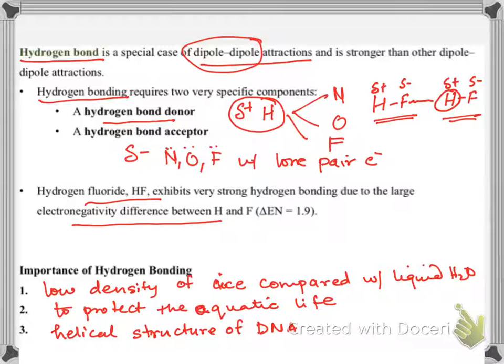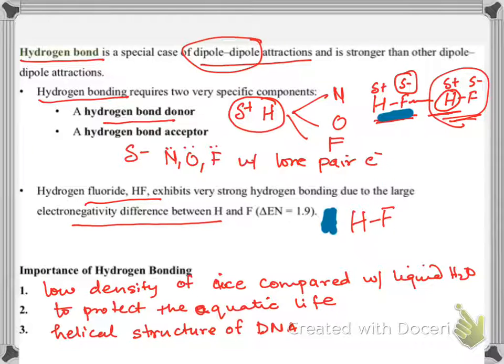So let's look at this. For example, in HF, hydrogen is positive, fluorine is negative, and this is another molecule. So this is a hydrogen bond donor, and this is a hydrogen bond acceptor. I can take another example. Let's change it. Can we make the